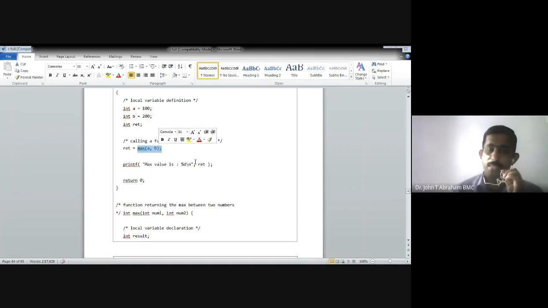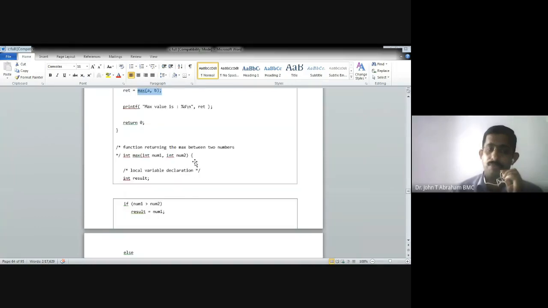Where is that max function? It will be somewhere, so it will be here. It starts here. It is a function we are writing here, int max, int m1 comma int. Oh, here somebody may have confusion. There is a star slash, so does that mean it is a comment? No, it is not a comment. Actually, the comment is from here to here. Only that place is commented. This one is not commented at all.